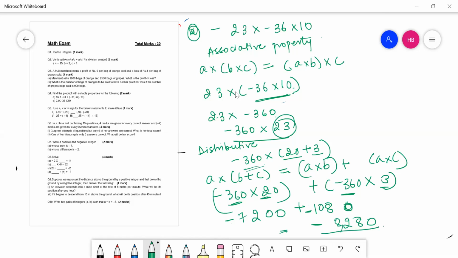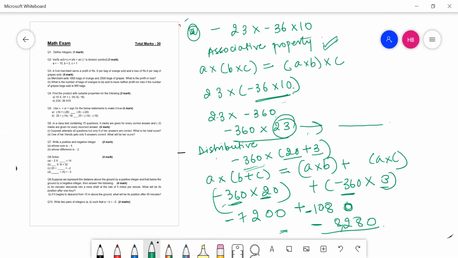In this question you mandatorily have to apply associative property. If you're directly solving and giving the answer, it's okay, I'm going to give you full marks. But if you have applied the distributive property after this, well and good, because that's what you should have applied.